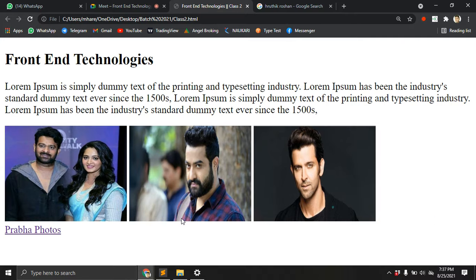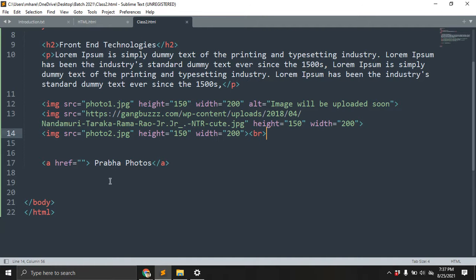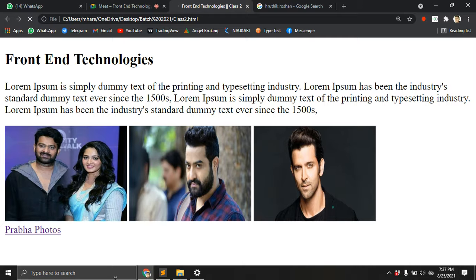You can see I'm giving 1, 2, 3 here, also 1. Let's save, open the browser and refresh. One dot Prabhas.